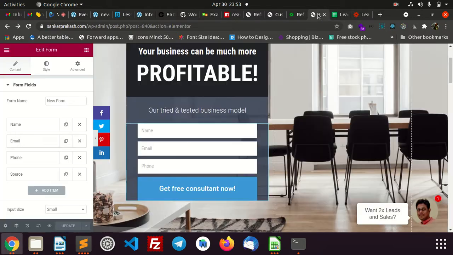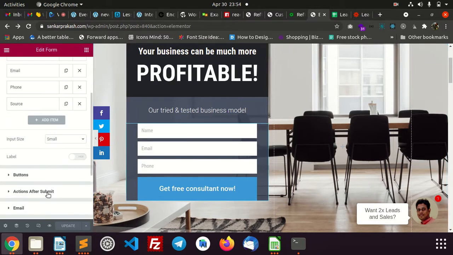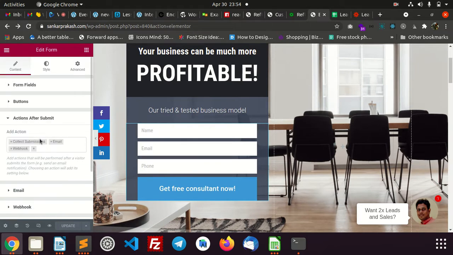Okay, so I have used Elementor Pro for my landing page. If you are using any other landing page, that landing page will support the webhook trigger part. Okay, so in this Elementor Pro we have an option called action after submit. When I click on it, I have already enabled the webhook.